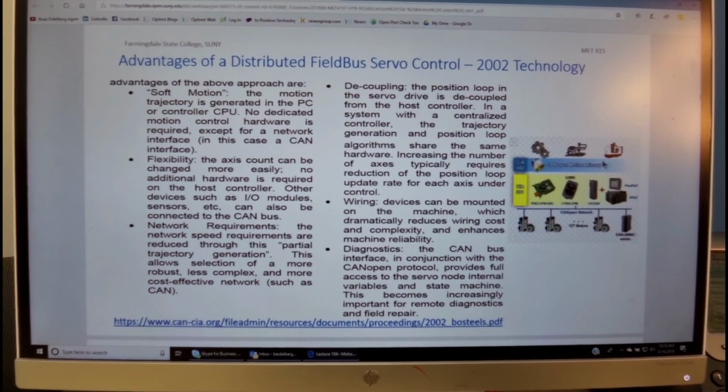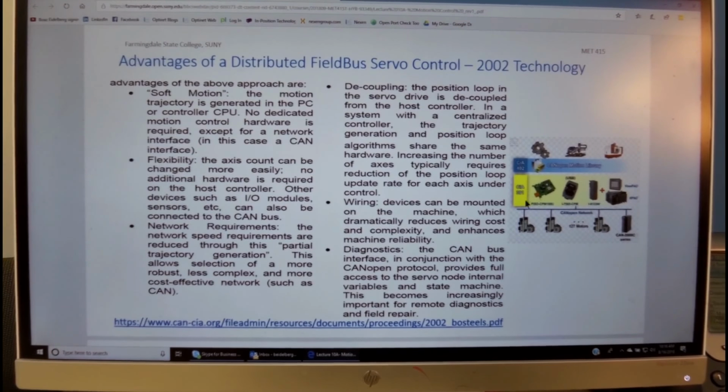As we see over here, we have various devices, which are the controllers. We have the field bus here, and then each one of these nodes is receiving that command. It has the flexibility of adding more nodes without too much complexity. It has a capability of decoupling the position loop from the host controller.